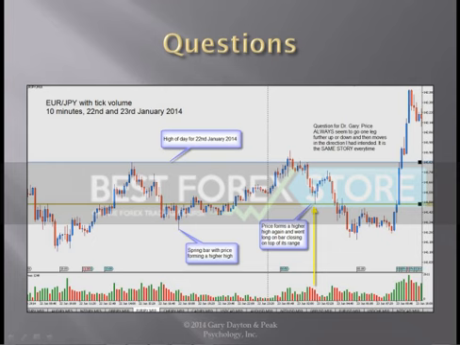5,000, because it's getting too ragged, too erratic. It's acting too much like maybe a 3-minute chart at this point. So I'll probably push it up to 4,000 or 5,000 ticks. But I use that, and I use a 15-minute chart for day trading, and then an hourly and a 240.